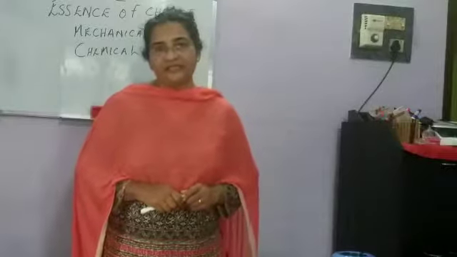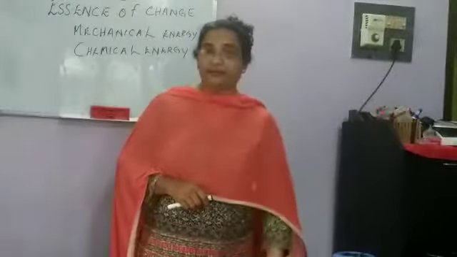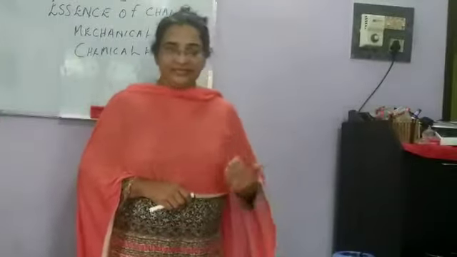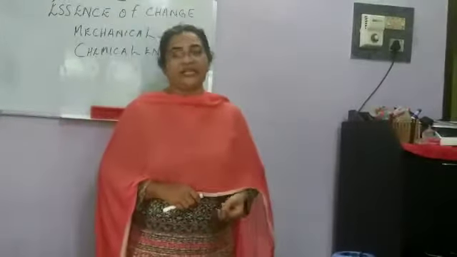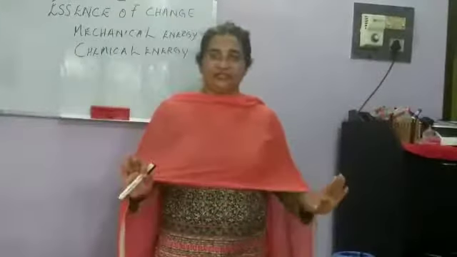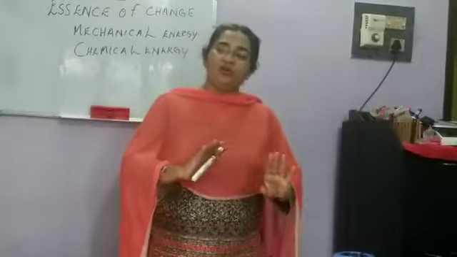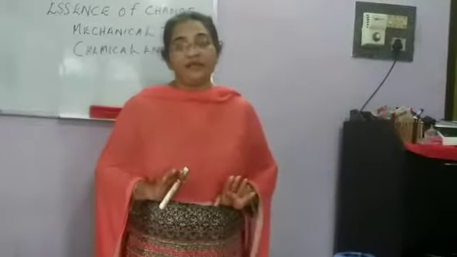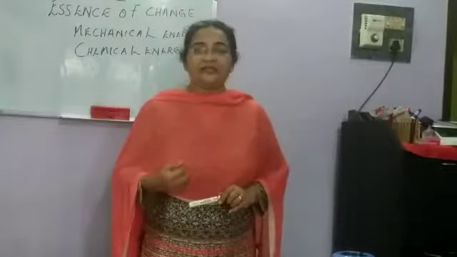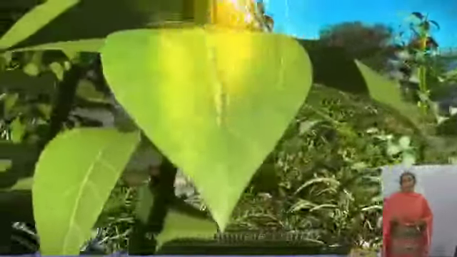So what is chemical energy? The energy which is contained in a substance. Let it be anything. Let it be a battery, a matchstick, a sparkler. Whatever substance it is, it contains chemical energy. So what is the meaning? There is chemical energy in all the substances which are there on the earth. Now from where does this chemical energy come? We all know that